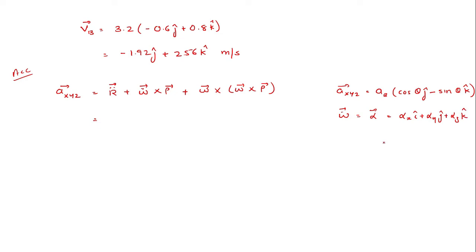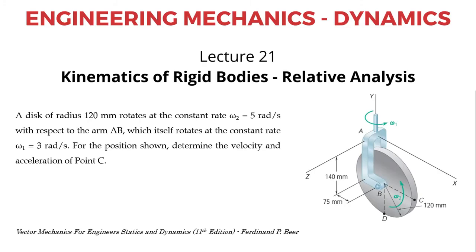Okay. Now since angular velocity is perpendicular to the rod, angular acceleration will also be perpendicular to the rod. So alpha dot rho vector will be equal to 0. So employing all these things, you can find the acceleration A capital XYZ. I want you to solve this problem at home and submit it as a DHA. Now moving on to the next question.